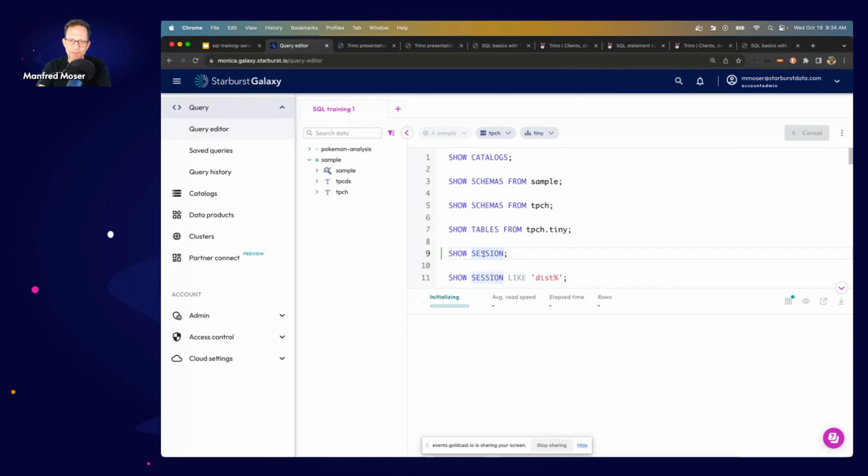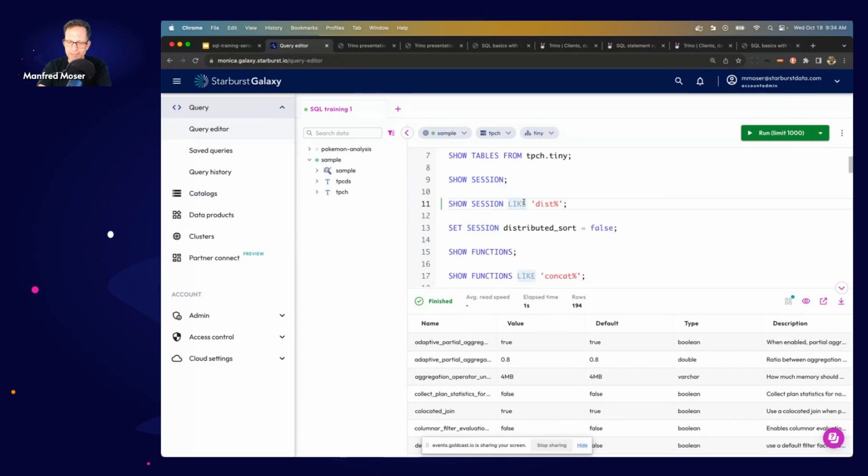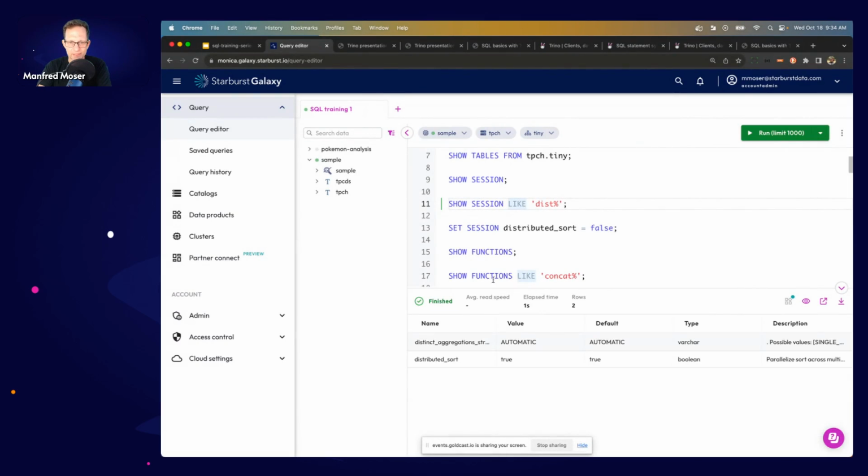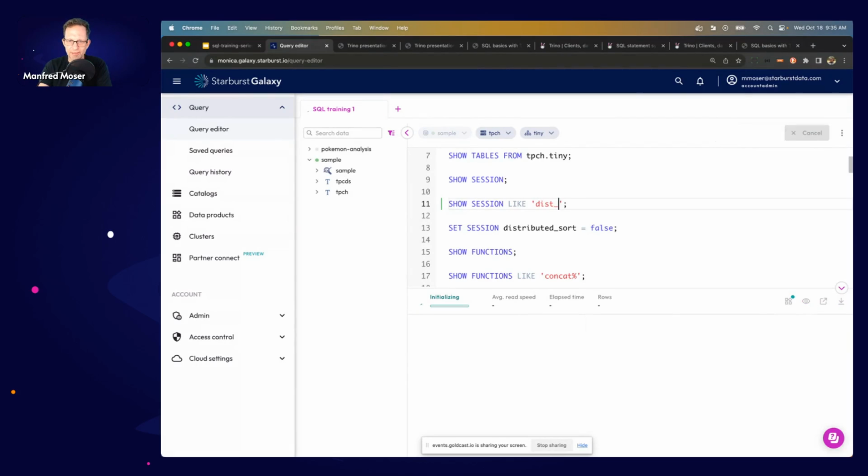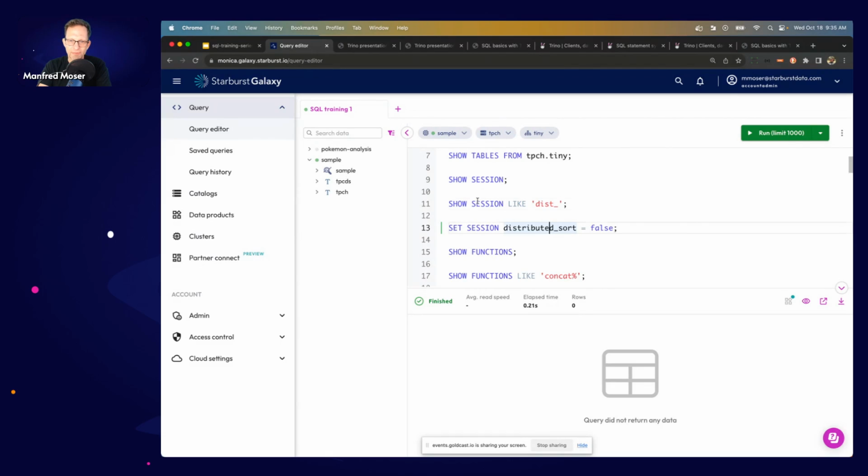Show session is a bit different. Show session shows me all the defined variables that are configuration variables. And I can, for example, do something like show session like dist. And it shows me just those. This pattern here, this like, is the SQL syntax for pattern matching. This percentage means any number of characters. If I use underscore, that would be just one character. And in this case, it would return nothing, because there's no dist and then a letter A or something. But I can do something like, for example, set session distributed sort false. If I run this again,